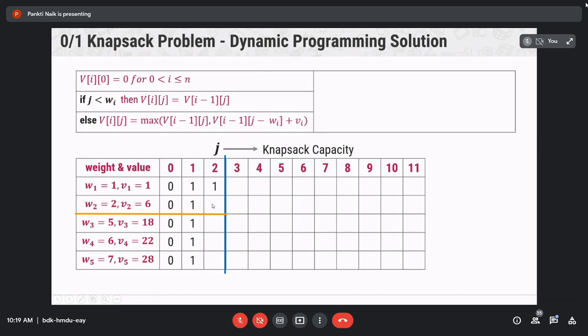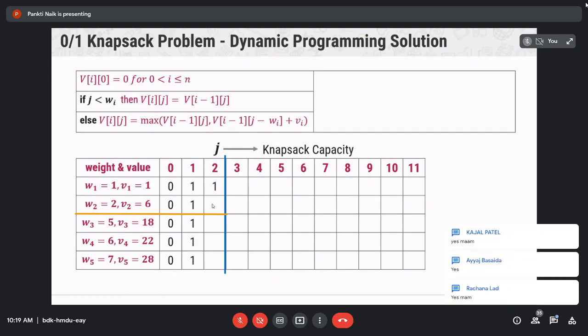What will be the value for V22? Right, 6. Does everyone get the answer? 6. Yes, ma'am.